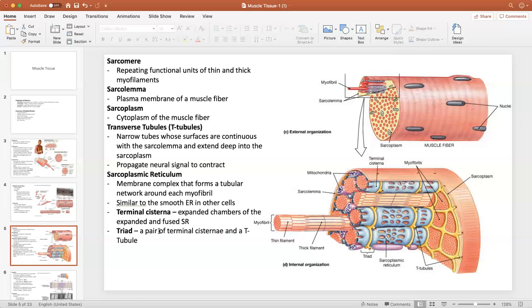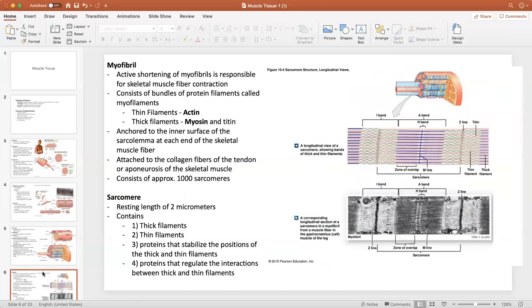So now we'll look into the sarcomere itself, the repeating unit. This repeating unit causes these striations. This is why it's striated, because they repeat in this way. So in the myofibril, we have actin and myosin. Actin is the thin filament, and the thick filament is myosin. Within this repeating unit, we have